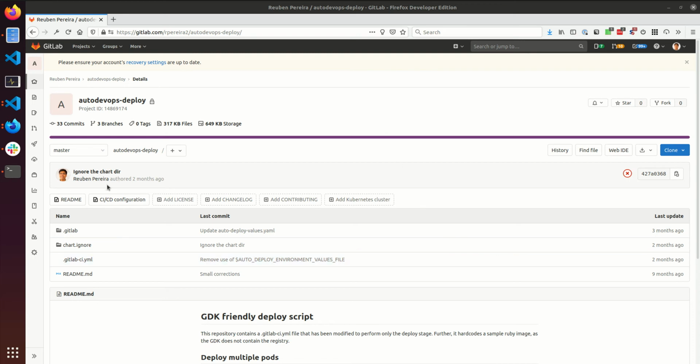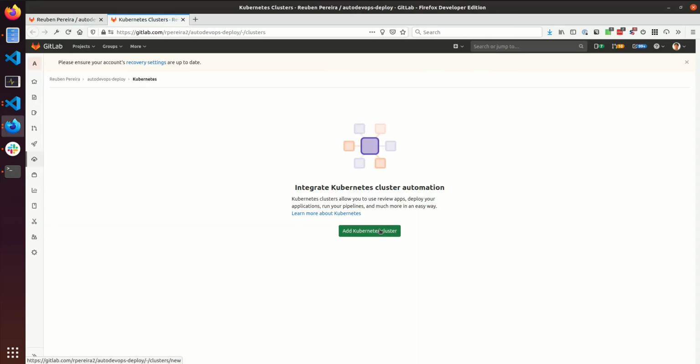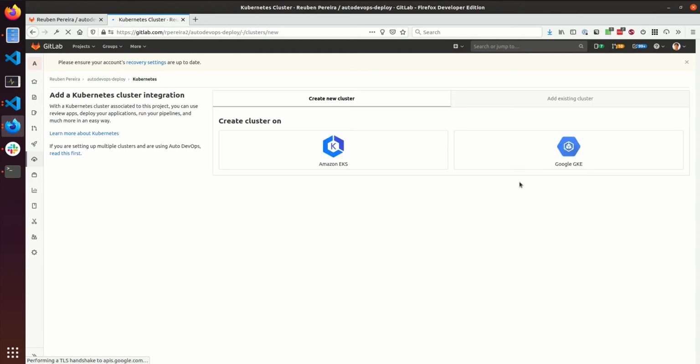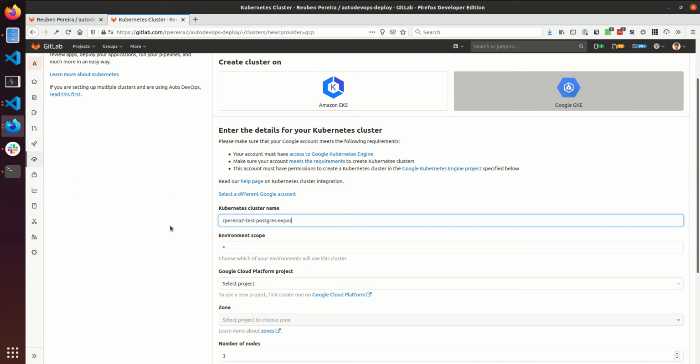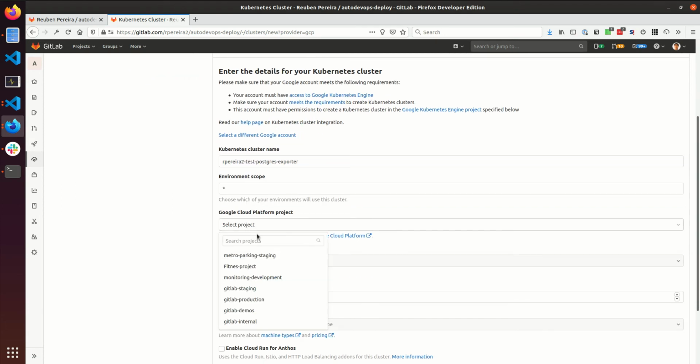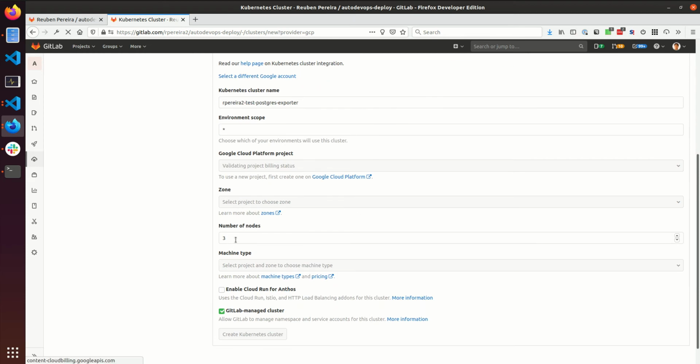So let's start by creating the Kubernetes cluster. I know that this will require 2 nodes, so I'm creating the cluster with 2 nodes.